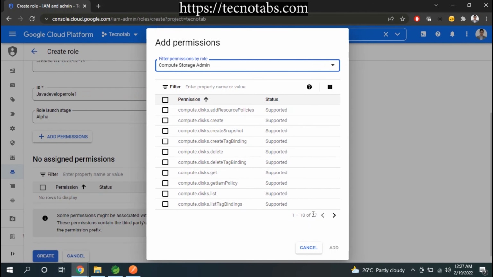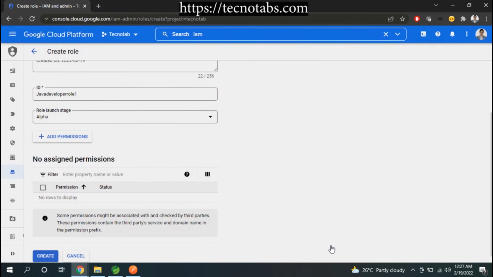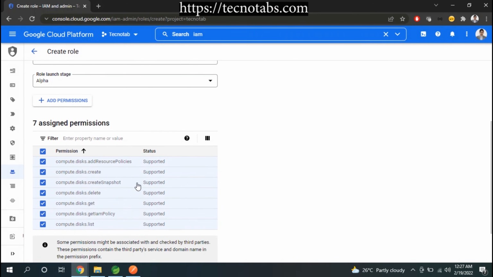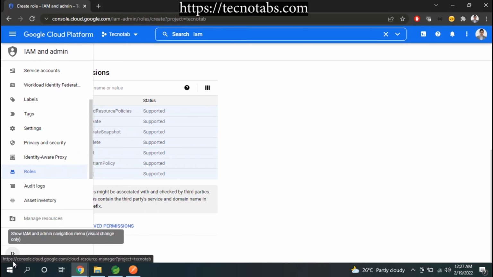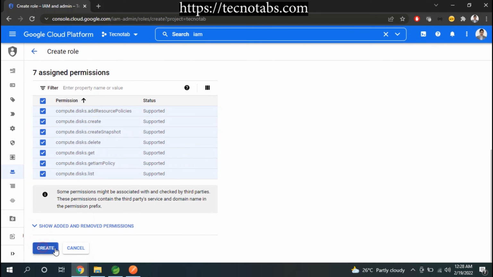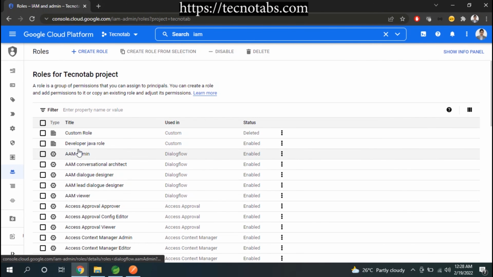There are 77 permissions that can be added. So whatever actions your user wants to perform, you can just check them. I want to compute, create, then we can provide delete, access and list. Let's say that these are the particular permissions we are assigning to this storage admin. If we want, we can go ahead and add some more roles related to Compute Engine as well, but this is just an example. You can go ahead and add as many roles as you want, create it, your new role is created,